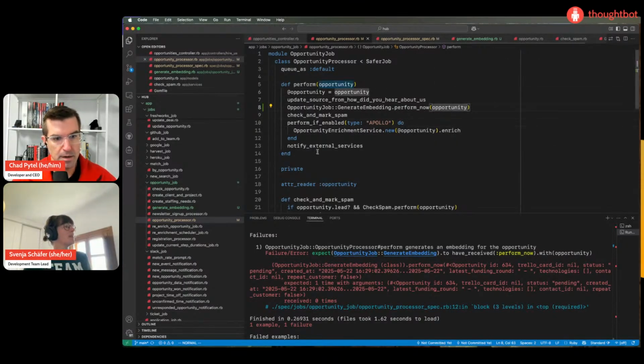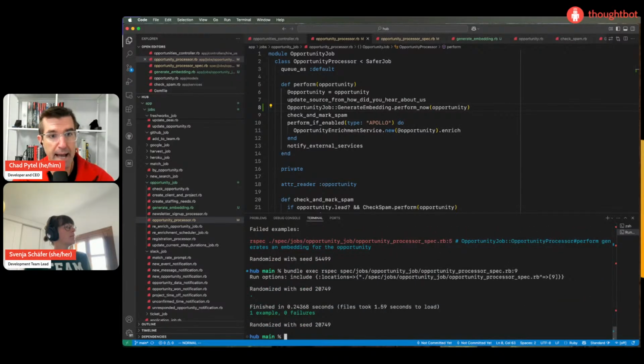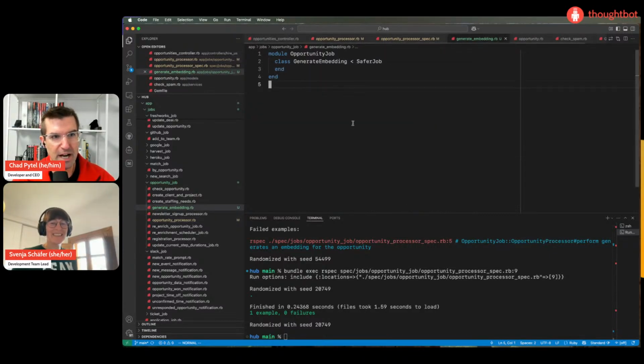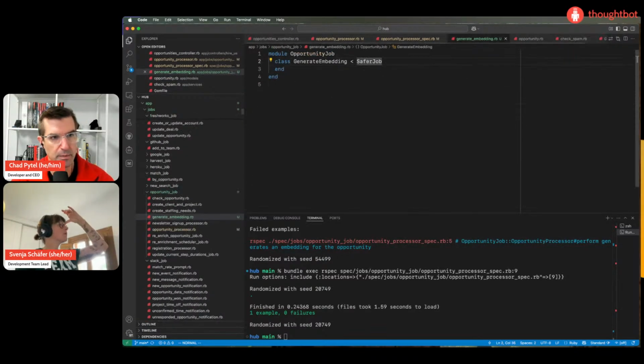Yeah, exactly. Okay, so now I added that call and it passes. Done. Okay. We're done. But if we go over to that job, it's empty. It has the perform now method because it's a job already. So it got that method automatically, which I actually am a little surprised by. I would have expected that it would have said, because we didn't implement perform either, but hey.